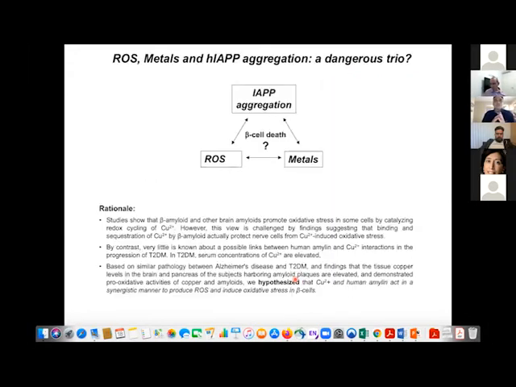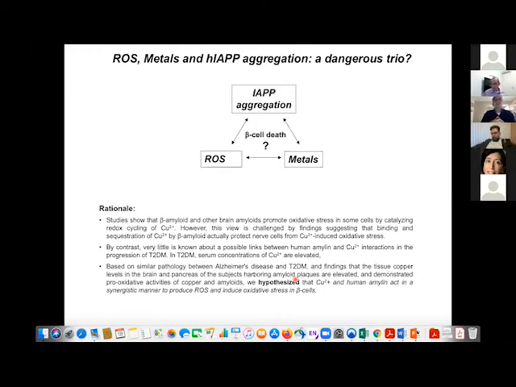So obviously, knowing the factors that control amylin aggregation, factors that may stimulate or inhibit it, is of big importance. Recently, metals such as copper and zinc have become prime targets as modulators of amylin aggregation and toxic properties, which was also our focus in our lab. The rationale for our study exploring the role of copper in amylin aggregation, amylin toxicity, and the pro-oxidative ability of amylin to generate reactive oxygen species came from relevant studies